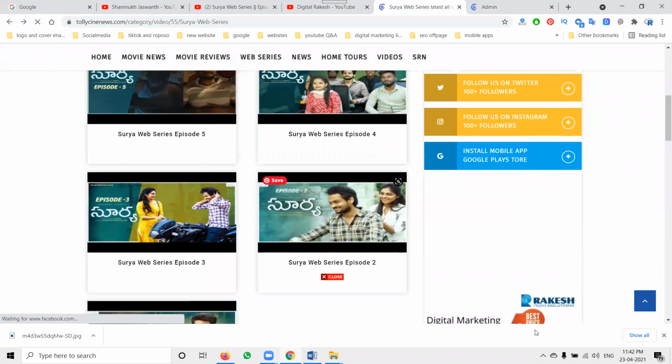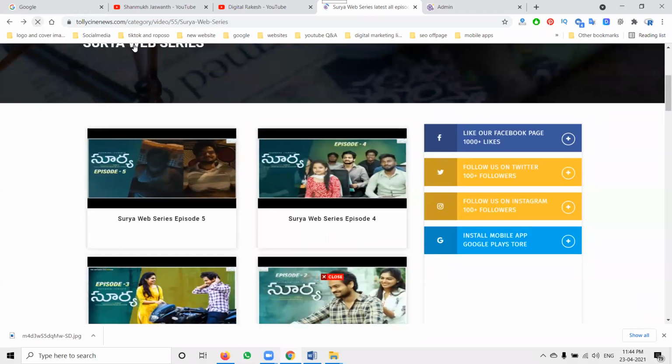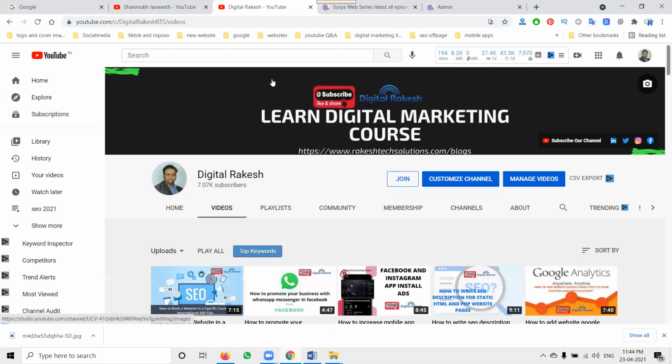That is how you write SEO friendly content for dynamic web pages. First you create the proper category. Then this will post your content on your particular web pages. Whatever category you post related posts in, it is compulsory to post on your particular website. So guys, this is how you create web pages for dynamic websites. For any more doubts, you can ask me on my channel. I will definitely support you.